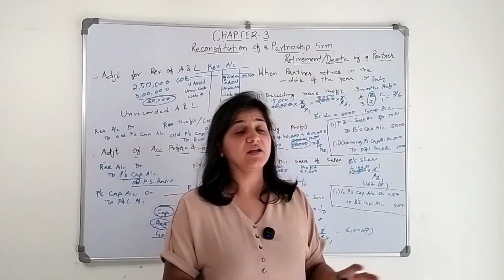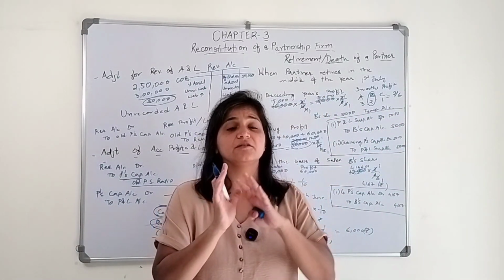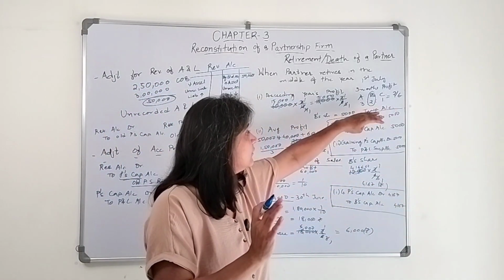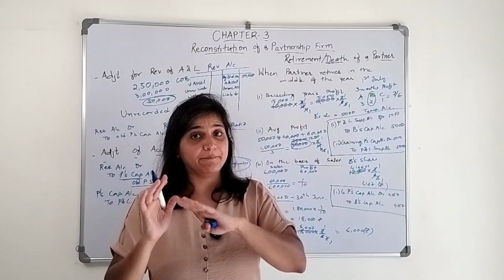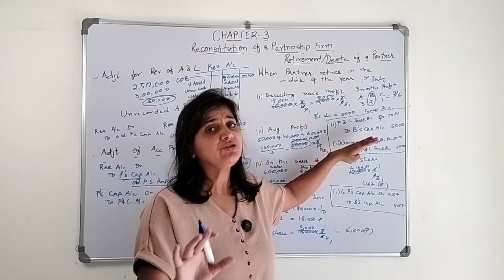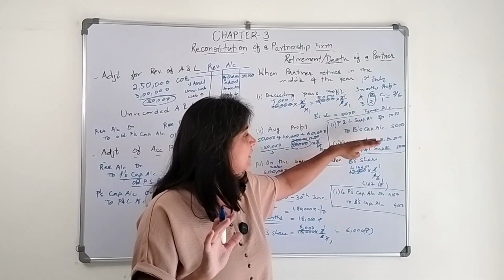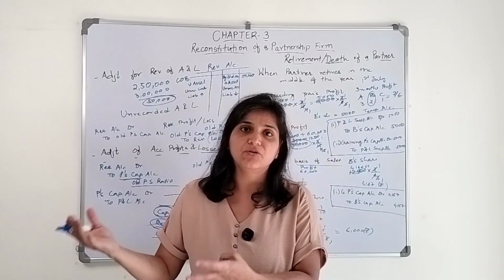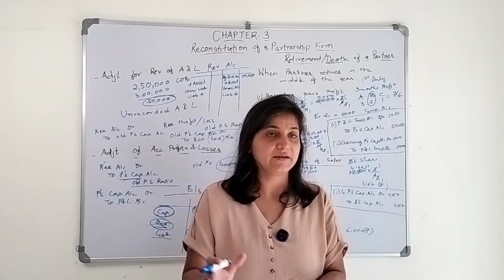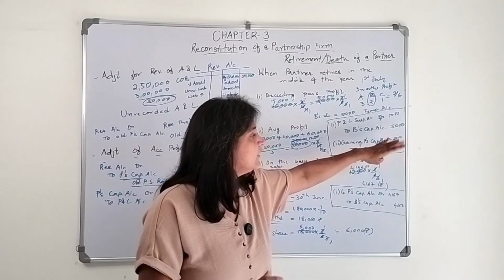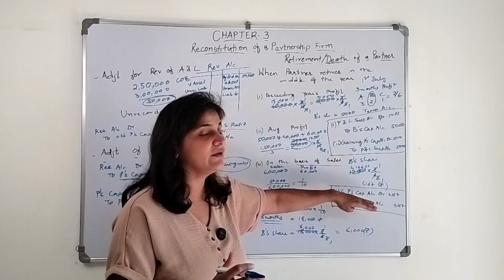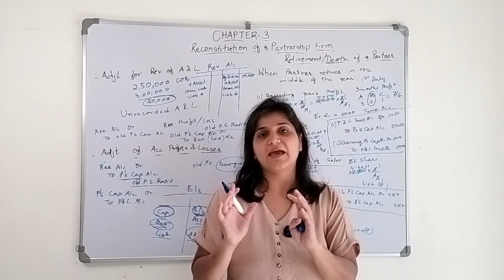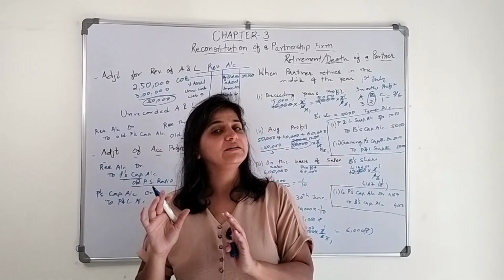What will be the journal entry? We need to open a temporary account, that is profit and loss suspense account, because we prepare profit and loss at the end of the financial year. So profit and loss suspense account debit to B's capital account, and then we need to close this temporary account by debiting the gaining partners' capital account, because gaining partners are going to receive this profit at the end of the year. Or we can make a combined journal entry wherein gaining partners' capital account is debited to B's capital account, that is the retiring or the deceased partner.